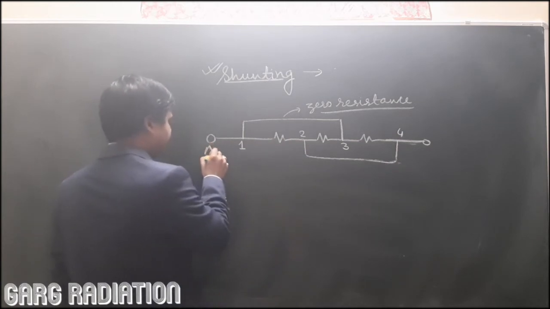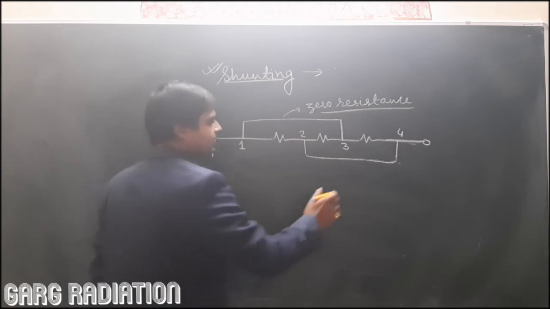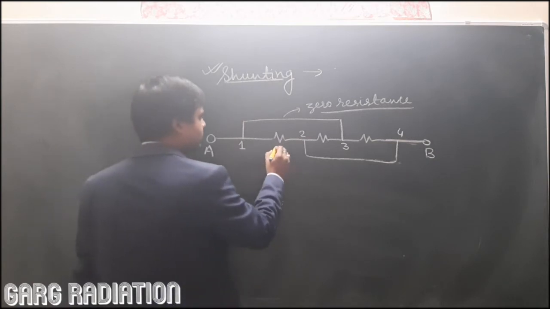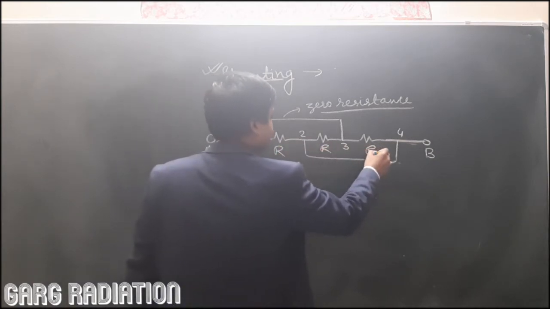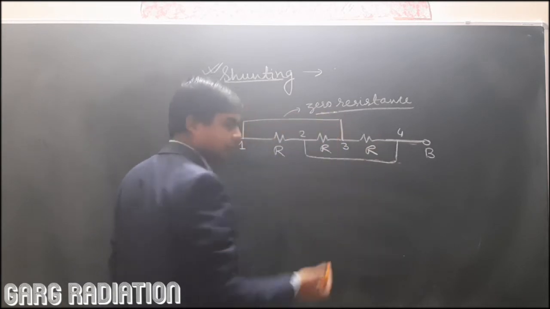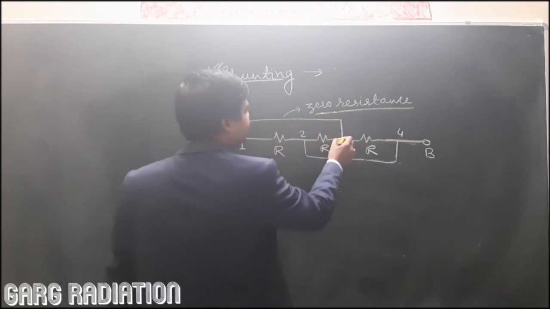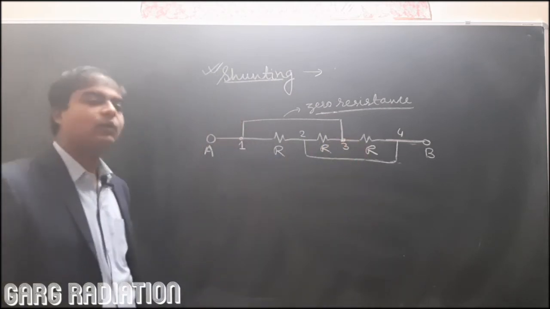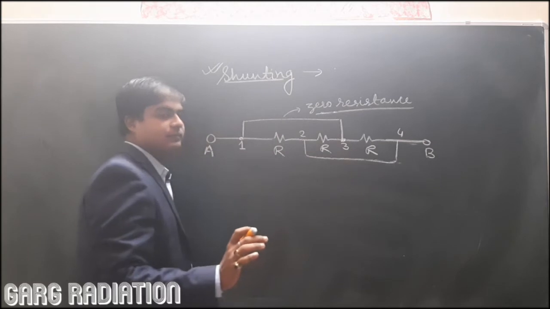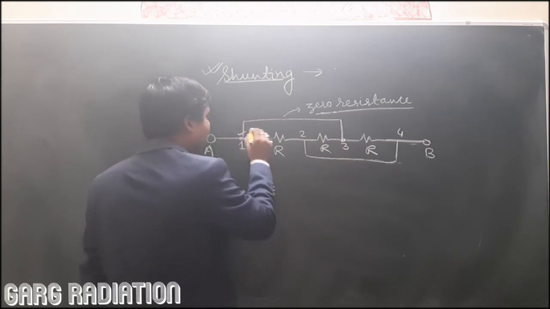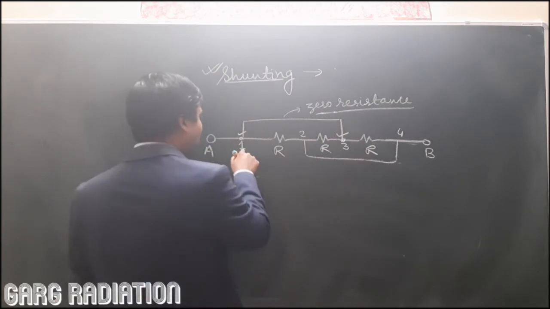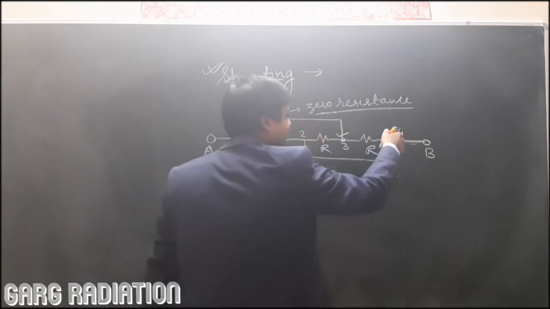This is A, and A is the same as 1 because there is no resistance here, and this is B. B is the same as 4. Now suppose these resistances are R. If we connect 2 points by a connecting wire, a wire of zero resistance, then these 2 points have equal potential. And if they have equal potential, the potential difference between them is 0. It means these 2 points can be taken as identical points, as a single point. So 1 is the same as 3, 2 is the same as 4.